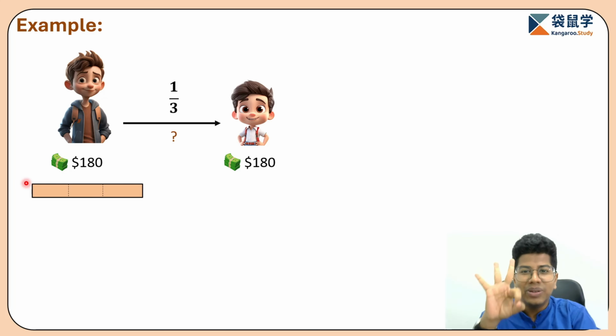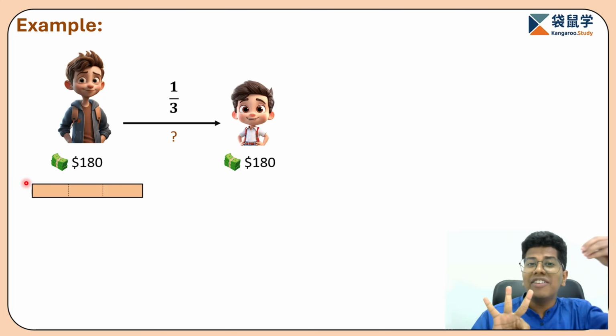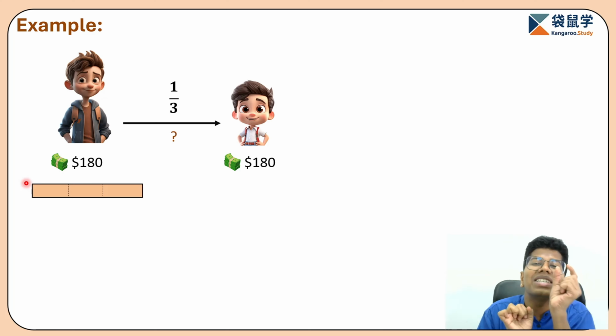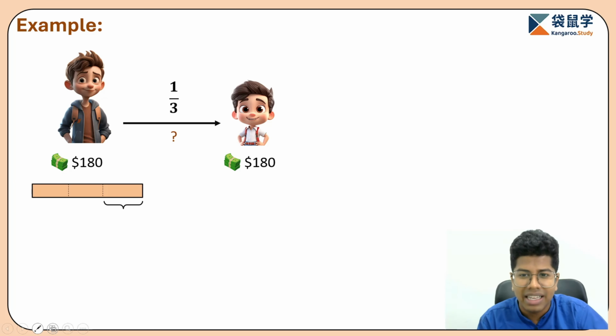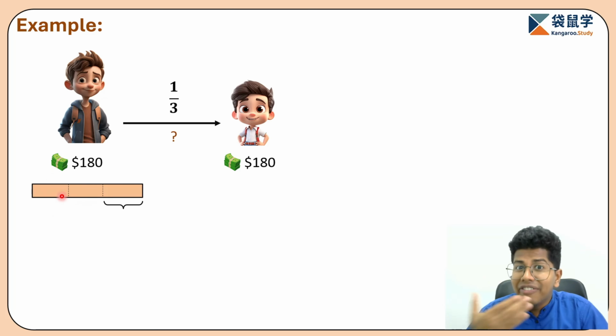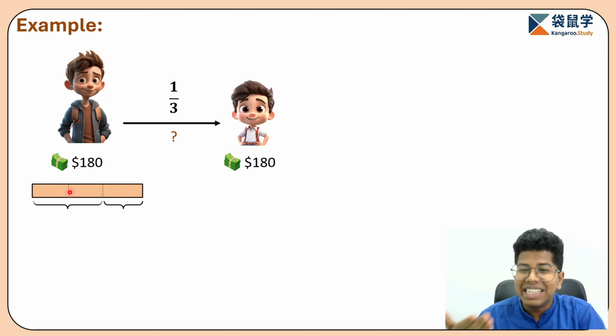So, I'll divide it into 3 parts. And how much did he give to the younger one? Yes, just 1/3. This means this part that we can observe here is given to the smaller brother. This means the amount that he left is these 2 units, and these 2 units are nothing but how much money he had after giving. After giving, he is left with just